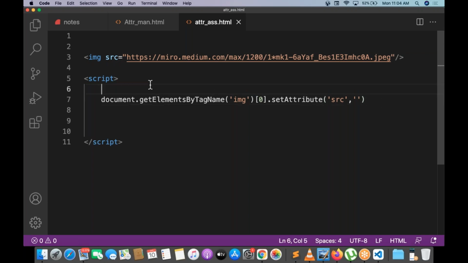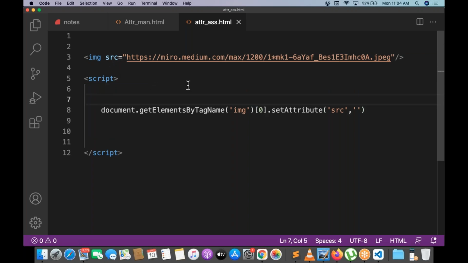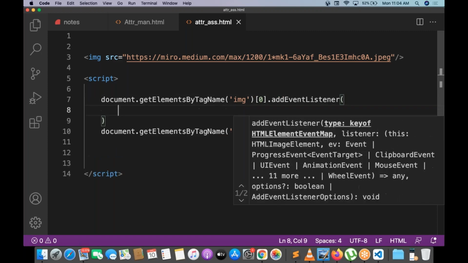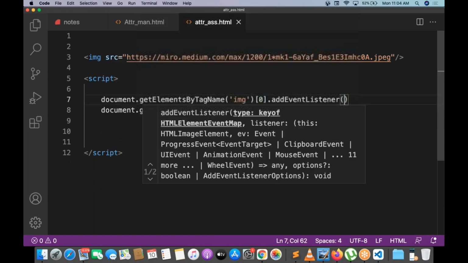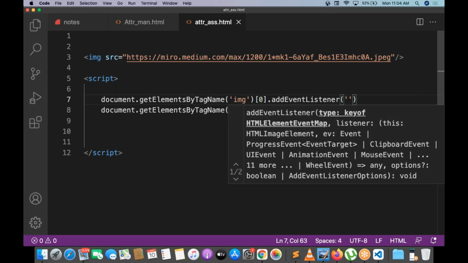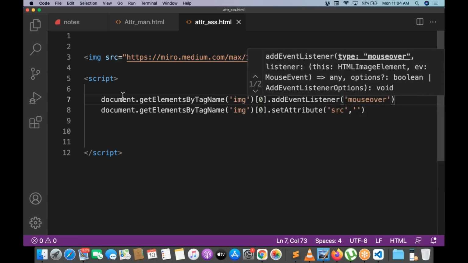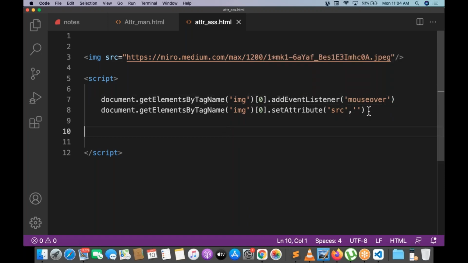So what I want to do, I will do the mouse over on this. How to do the mouse over? Dot add event listener, mouse over, comma, function.